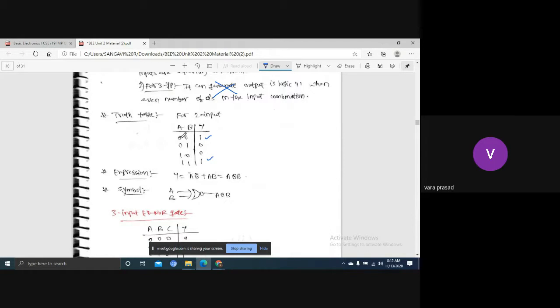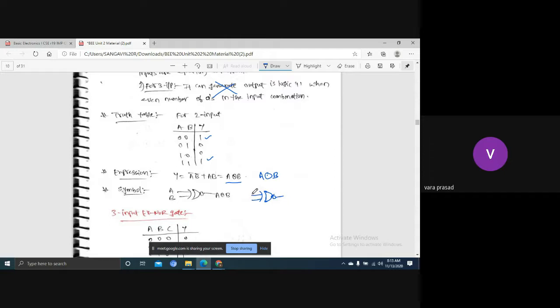These two are the combinations where output 1 is generated. Here A is 0, B is 0, giving A bar B bar, and A is 1, B is 1, giving AB, with a plus in between. I can represent this shortly as A dot with circle B, A XNOR B. I already said that it's the complement of the XOR gate. That's why here we get a bubble.